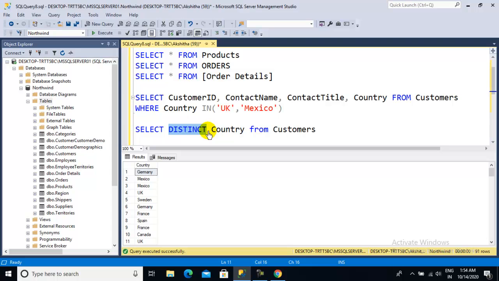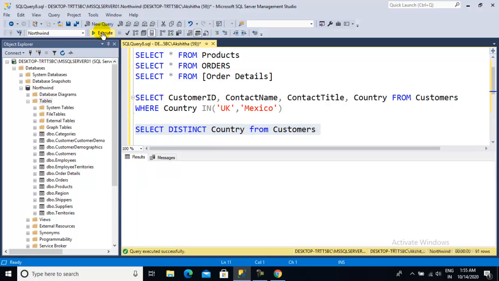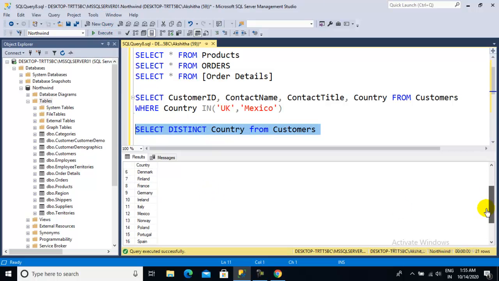Here I am not going to use star, because I only need the information on which countries the customers are in. So we select country from customer, and provide another keyword called distinct. When you run this, see, it will be only 21. The people belong to 21 countries.